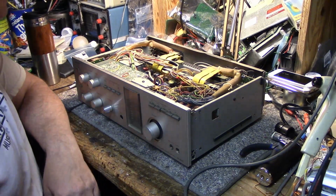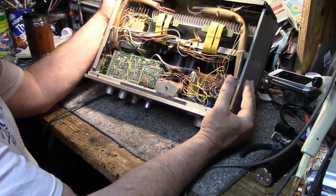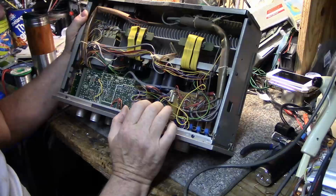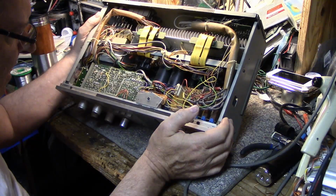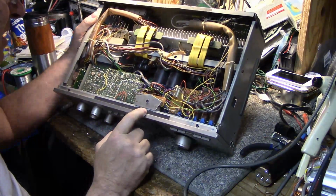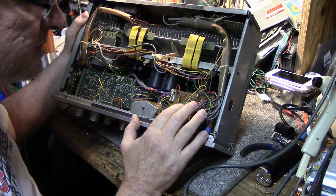It's a dirty unit because it was in the garage for many years. It's filthy. It's got some big honking power caps in there, and the power amplifier board. Some 7-amp fuses in there too. That's pretty beefy. But this rat's nest here,